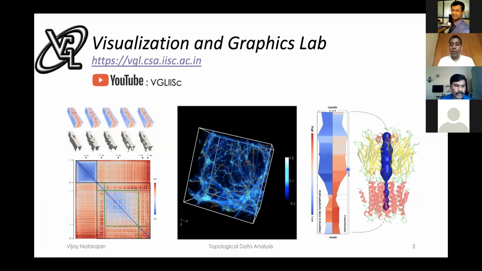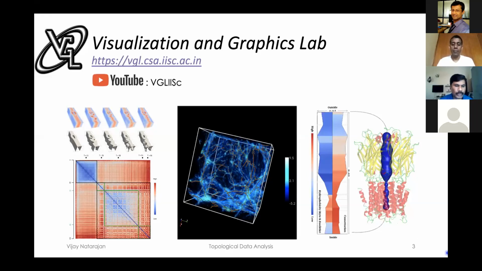What you can see here on the right is a visualization from biology, where we are interested in visualizing channels in biomolecules. This is in collaboration with a biochemist who wants to understand these protein molecules, these biomolecules,